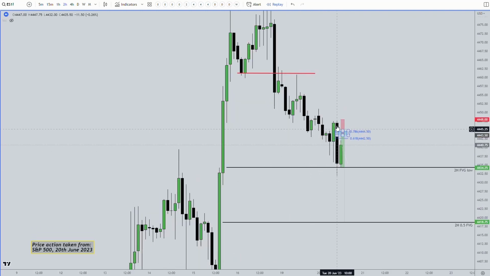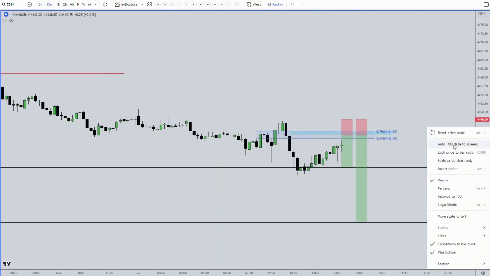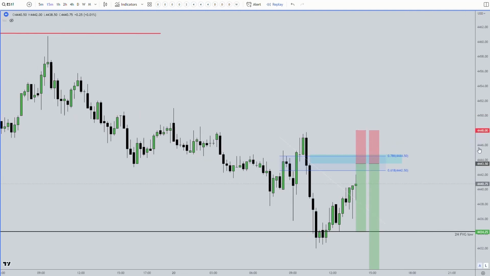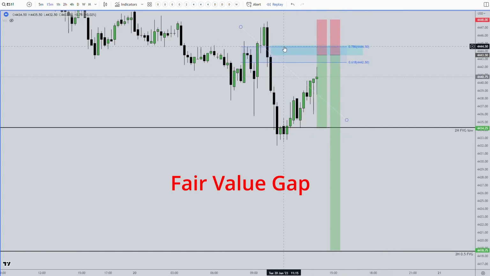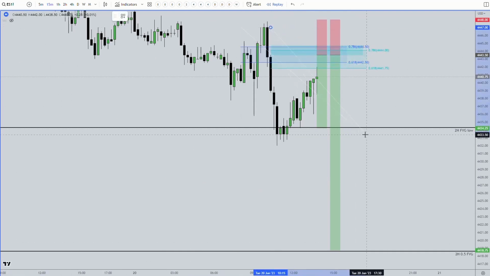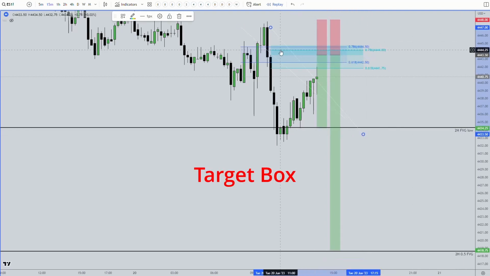Zooming in even further, having established a bearish bias, pulling your fib from this current swing high down to the low, you would have identified your area of interest on the 2-hour time frame, and then on your 15-minute, in other words the entry time frame, you would have looked for more confluence, this confluence being 1, a fair value gap on the 15-minute, and 2, this fair value gap one more time lining up with a target box on your entry time frame, the 15-minute again.